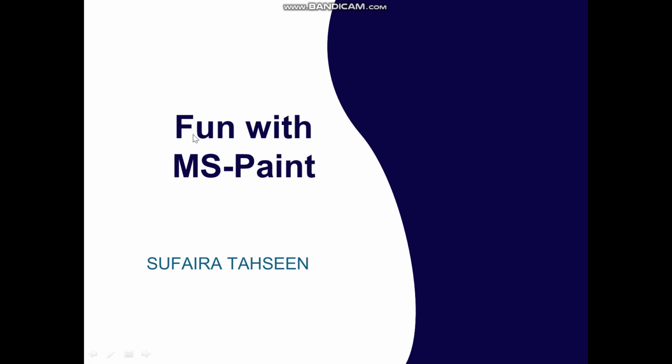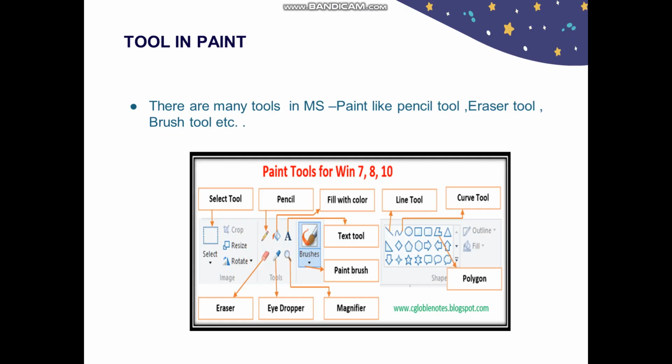So before the exams, we were doing the chapter Fun with MS Paint. In that, we have studied starting MS Paint, and we have studied what all tabs are there in MS Paint window, what is Quick Access toolbar, and everything. Now today we will study how to use different tools present in MS Paint. So let's start.